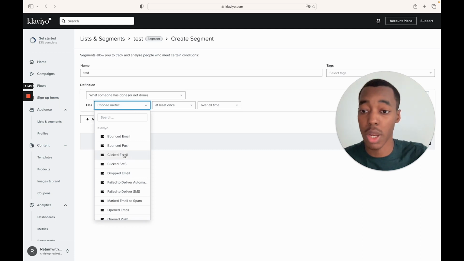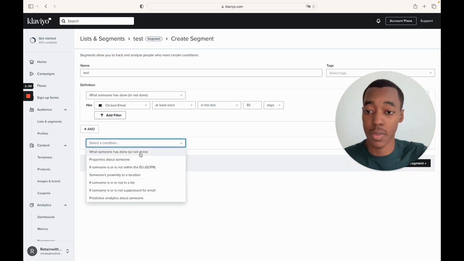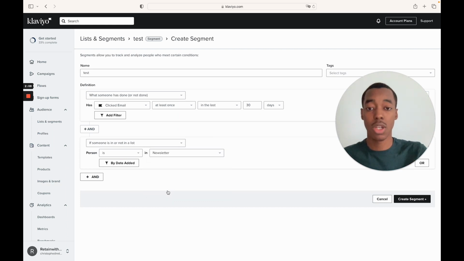So we're gonna select clicked email, if someone has clicked an email at least once in the last 30 days and also is in our main list. So if someone is in the newsletter list, every person that satisfies these two conditions are gonna be in that segment. So if you wanna send an email and you wanna gift people that have been interacting with your emails in the last 30 days and are in the newsletter list, then you would send an